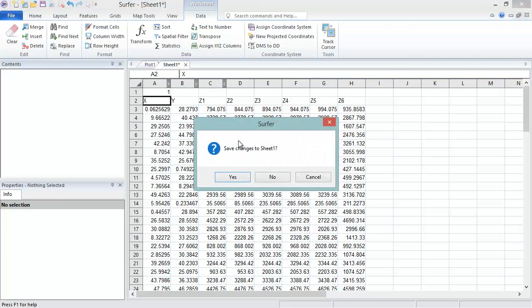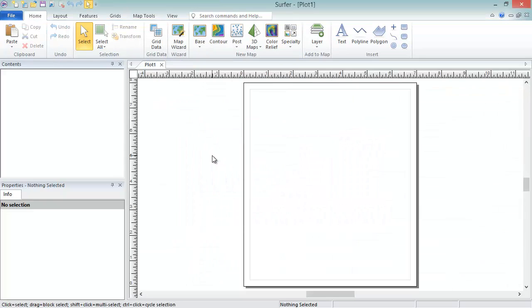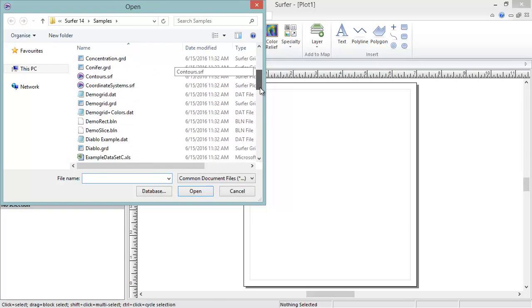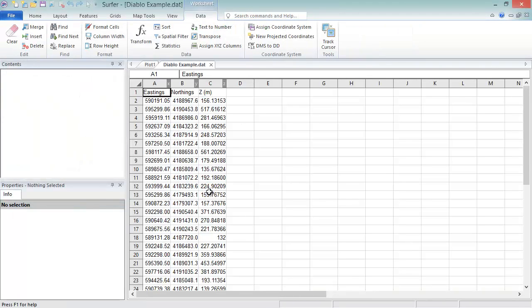Alternatively, we can open a data file into a new worksheet window by clicking File, Open, choosing a data file in the Open dialog, and clicking Open. With our data open in the worksheet, there are a variety of commands we can use to